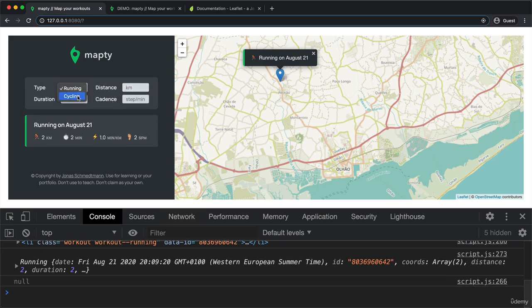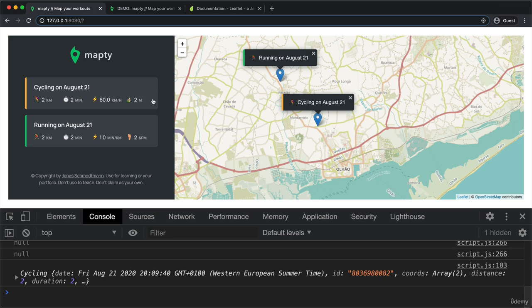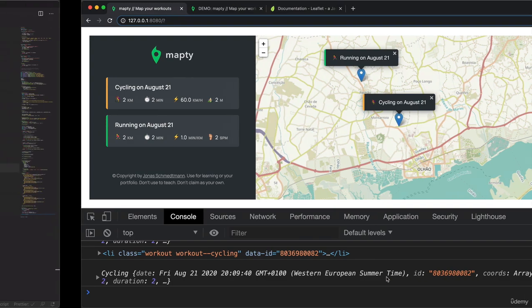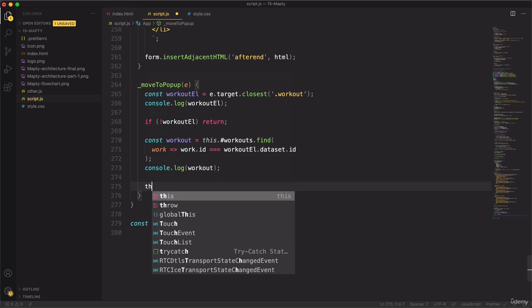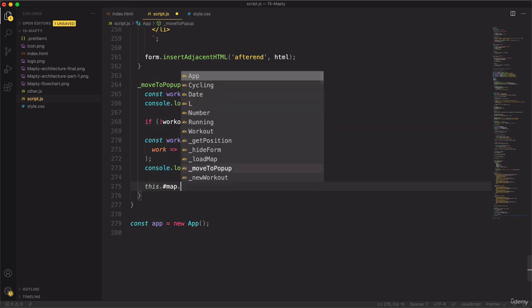Let's just add another one here. And now we get this one here. But again, as I click this one, of course, we still find the correct workout from the array. And so now we can basically take the coordinates from this element and then move the map to that position. So in Leaflet, there is actually a method to do exactly that. And the method is available on all map objects. So we can take our map object that we already have, which is this one, and then we can call